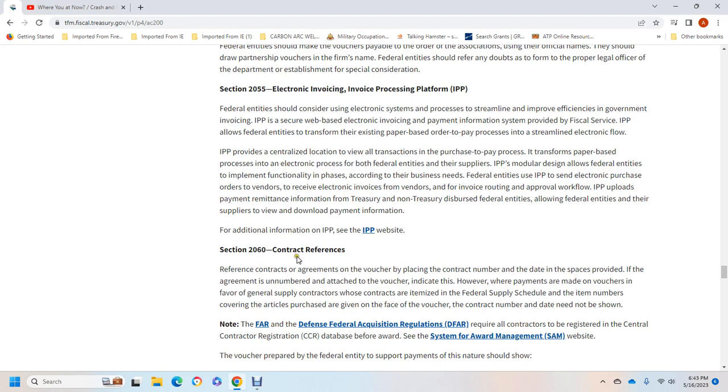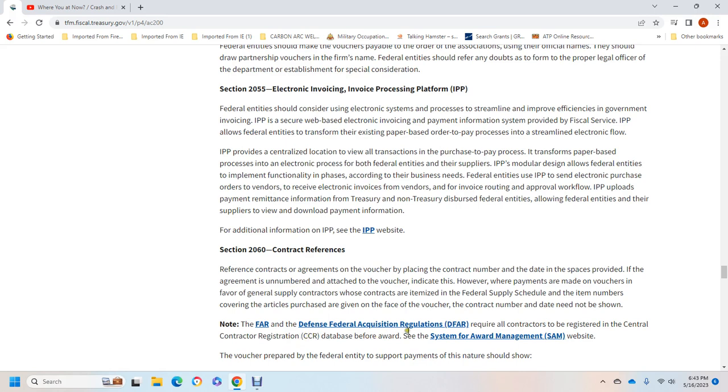Section 2060, contract and reference of the contract. Agreements with the voucher should be placed with the contract, and the date of the payment should be provided. If the agreement is unnumbered, the voucher should indicate how the payments were made. For the Federal Supply Schedule, the general supply contract with the items of the Federal Supply Schedule, the aggregate for the purchase, and the date of the contract need not be shown. The Federal Acquisition Regulation requires contractors to register in the Central Contractor Registration database